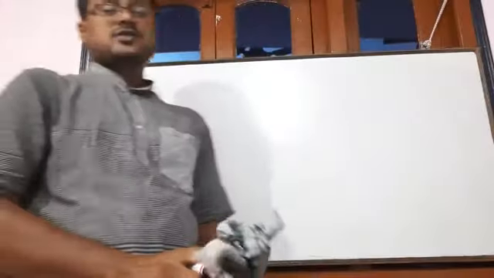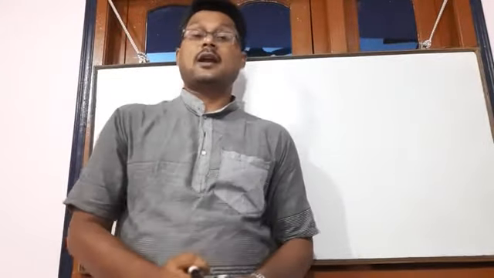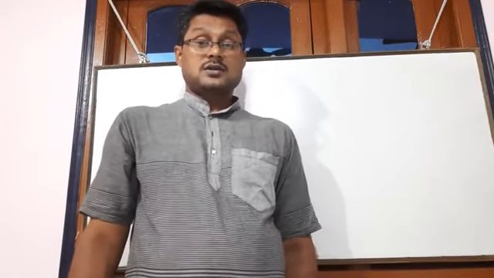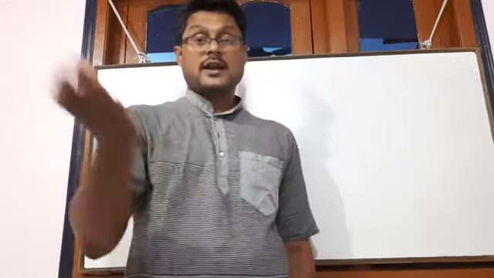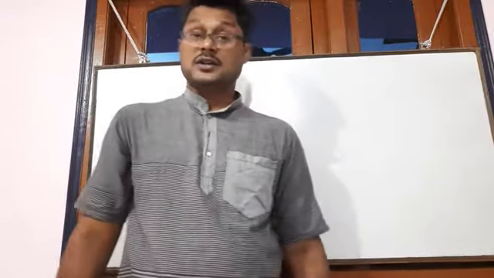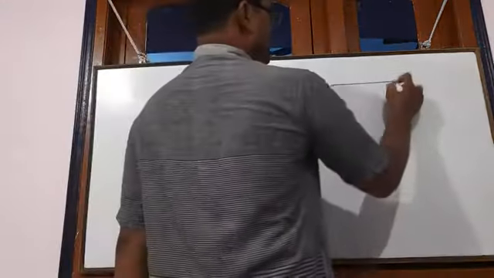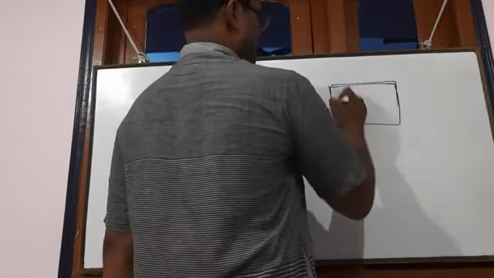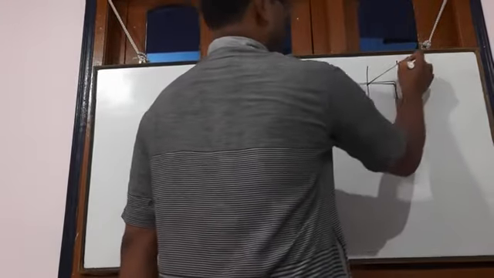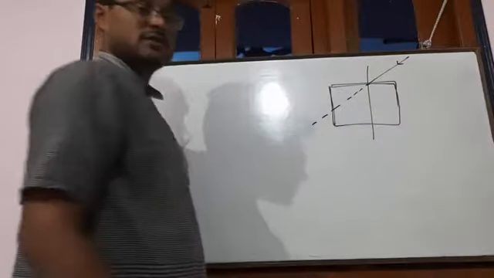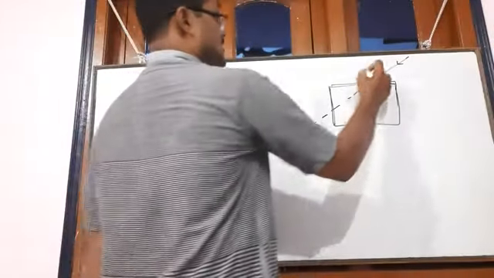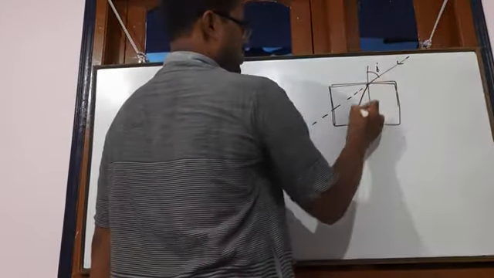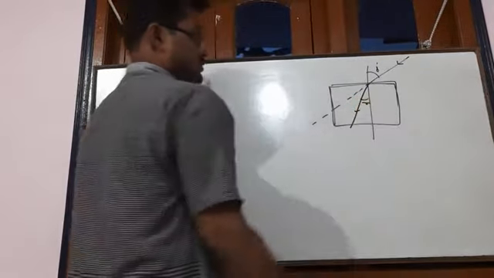When a light ray travels through any parallel glass plate, the total deviation of the light ray is 0, meaning the incident ray and emergent ray remain parallel to each other. Let's see, this is the parallel glass plate. Here the light ray is incident, and this is the initial direction, but this angle is I, so it will bend towards the normal. This is R.